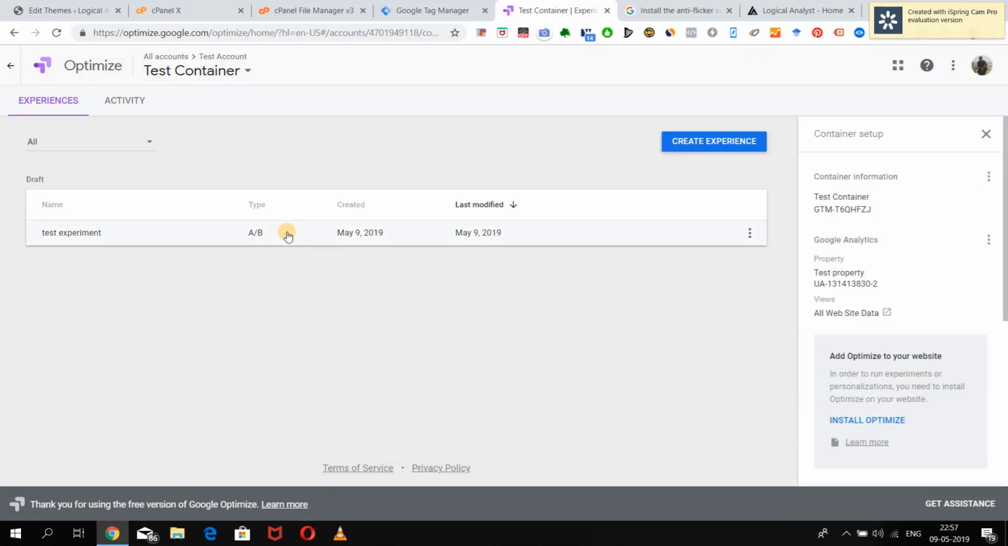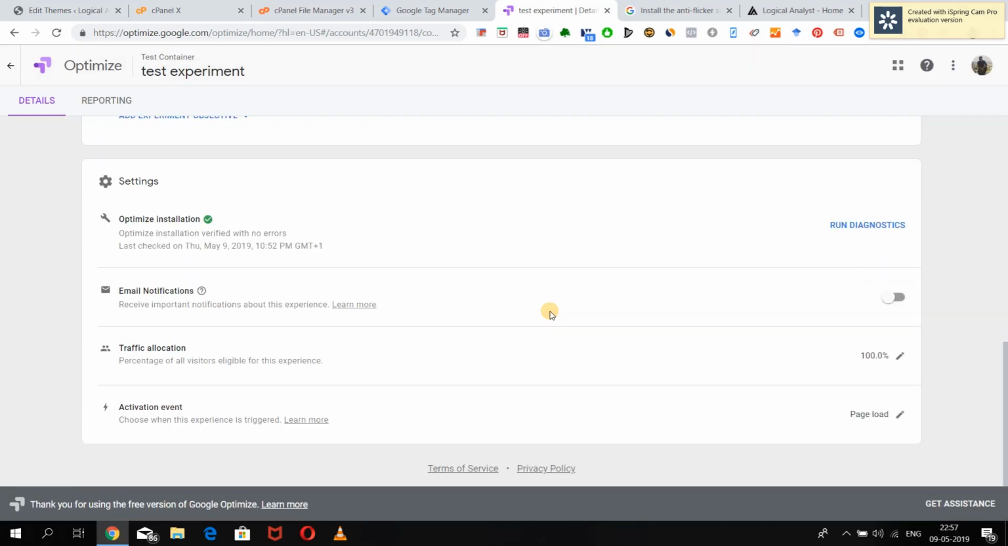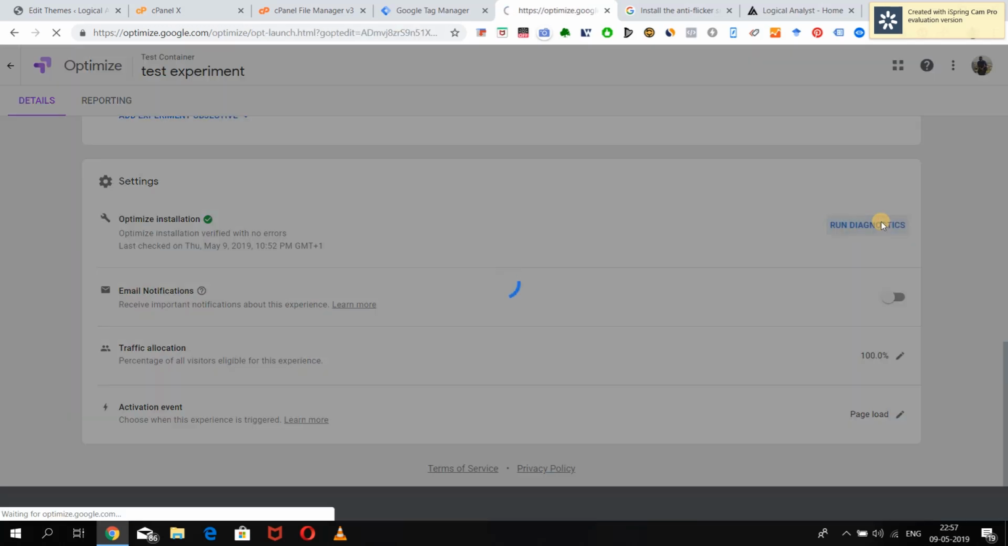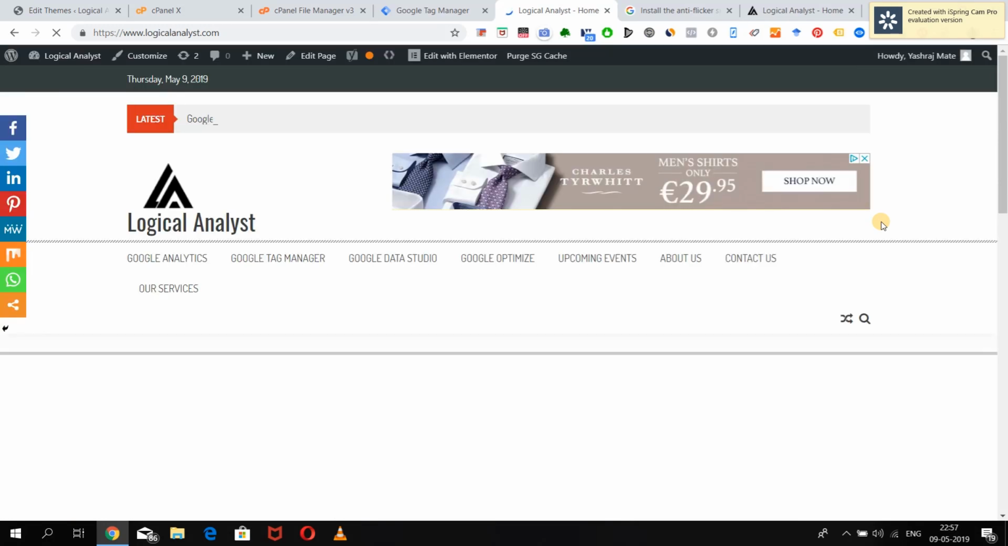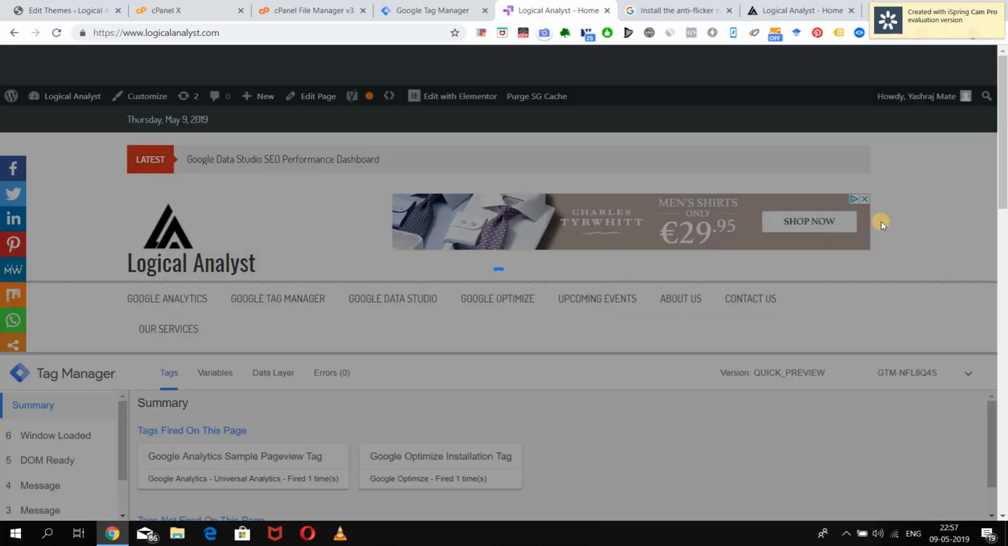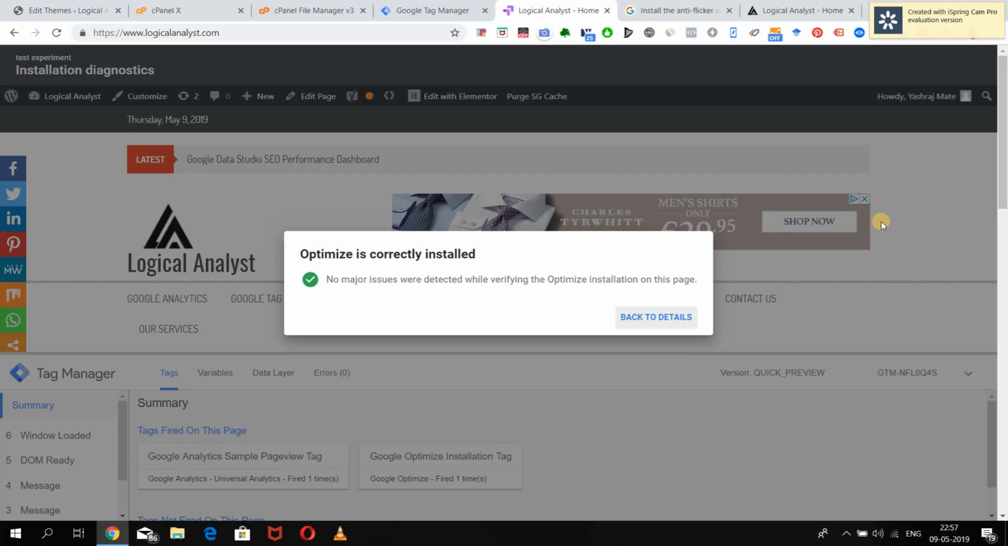Now let's run some diagnostics to check the Google Optimize installation. So now you can see that the Optimize code has been correctly installed. There are no major issues, and the page flickering issue, which was coming under the suggestion section when we installed the Google Optimize code through Google Tag Manager, has gone. So now we can say that our Google Optimize code has been installed accurately, and we are ready to go and start our A/B testing with the